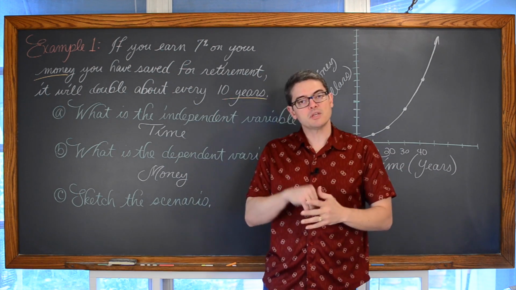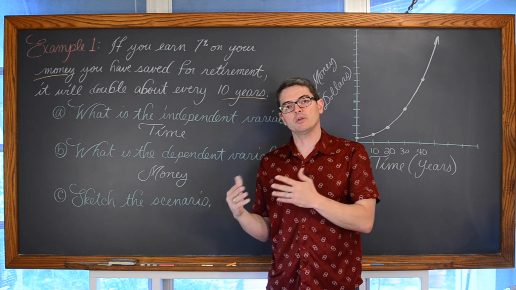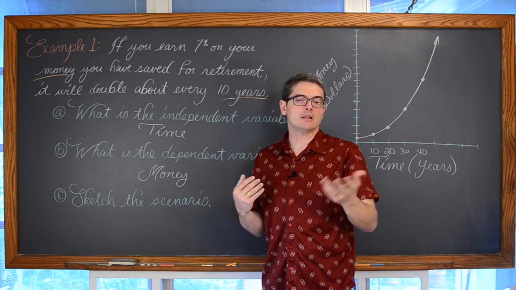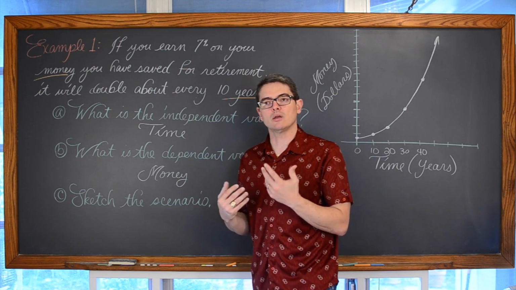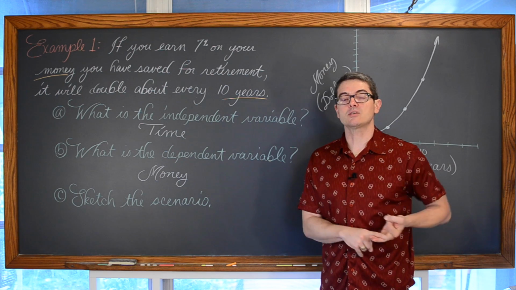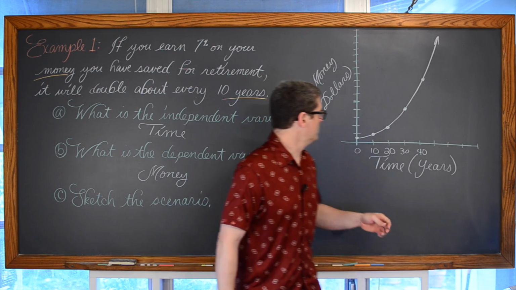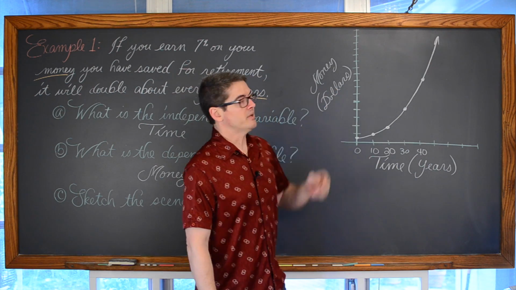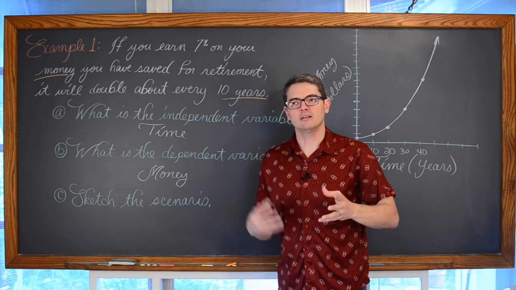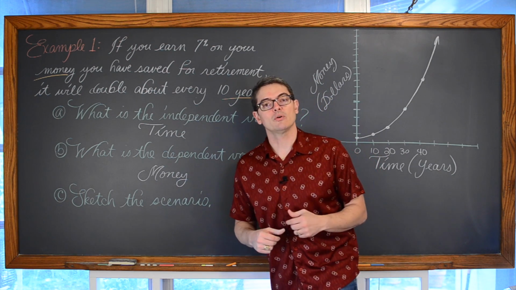Now I'm going to bring up another example. I'm not going to actually explain it through. I'm asking you to pause the lesson and read the scenario and try to identify the independent and dependent variable and sketch the scenario, and then on the sketch include the units of measure next to your independent and dependent variable like I have, and then we'll check, and I'll talk through how I interpreted the little scenario and my answer.